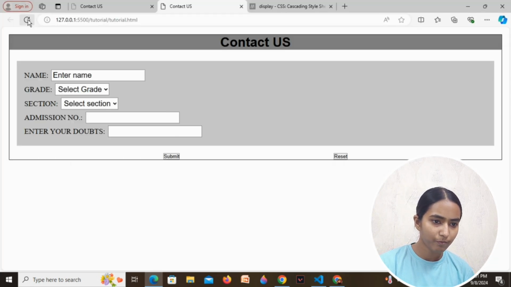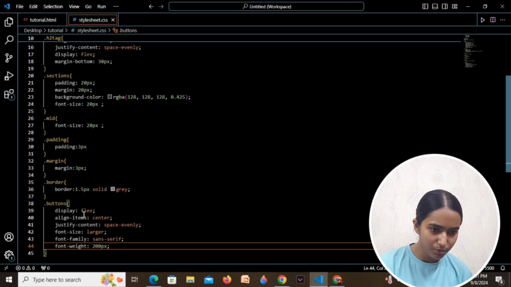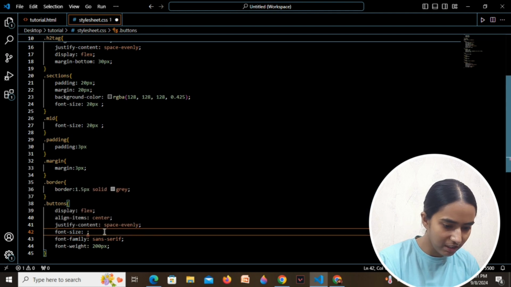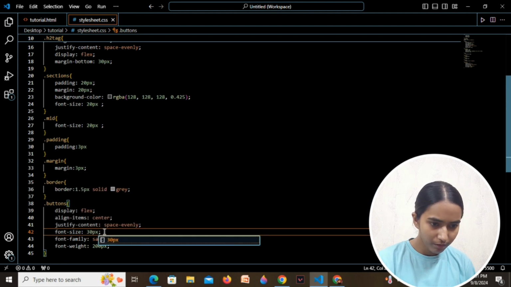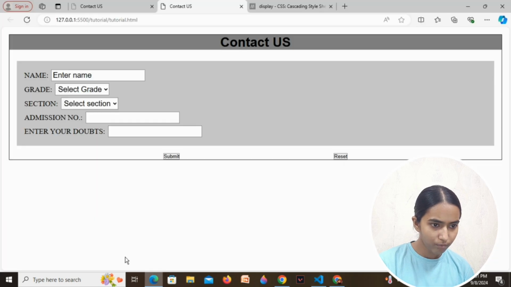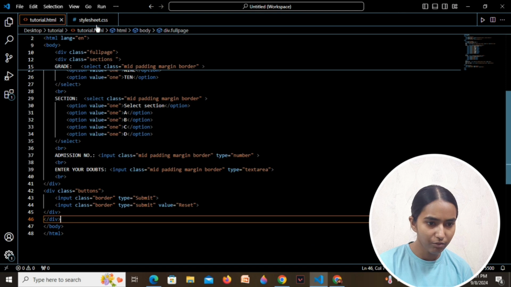So our buttons are separated. The size and font weight is so small that we cannot even see it. So let's keep it to 30 pixels and see how it looks. Let's save the HTML also. Not great enough, right?